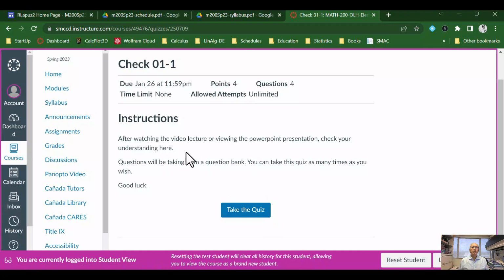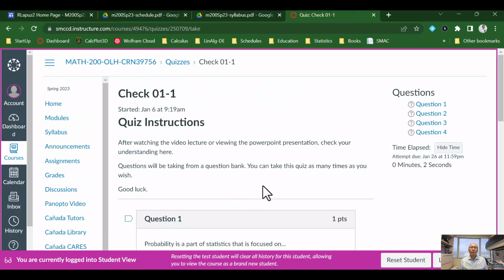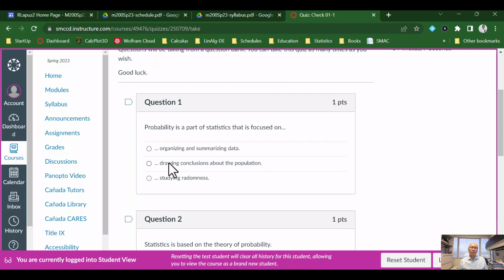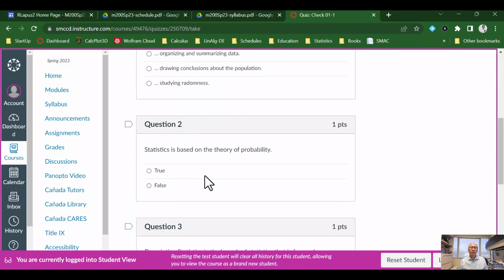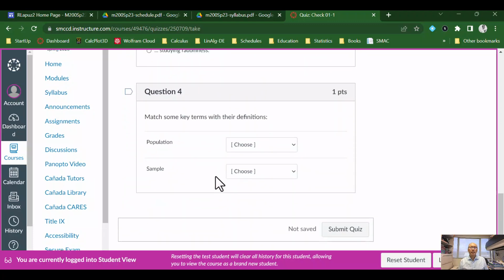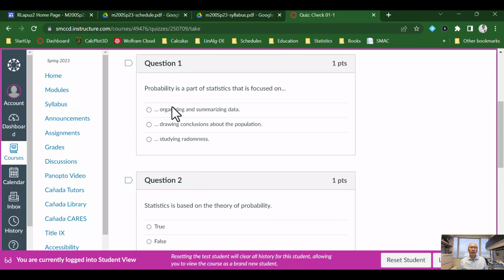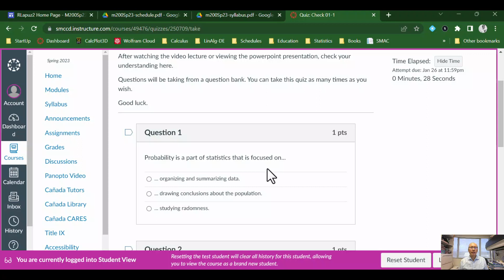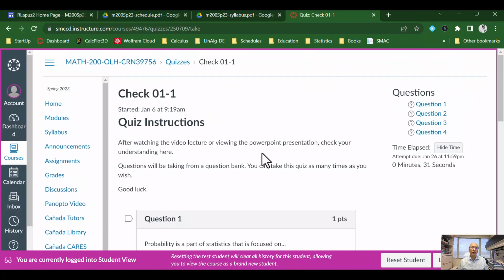So once you're starting to take the quiz, once you've seen the video and or have read the book, you can go through the quiz, and each of these quizzes generally have 4 questions and multiple choice. Most of them are multiple choice. And there's some others that might be a little bit different structured, but generally you can go through that. And if you have any issues, you're more than welcome to go back to the video and take a look at the book. I believe you have several attempts at these quizzes, so if you're not happy with your grade, you can take it again until you get a perfect score.